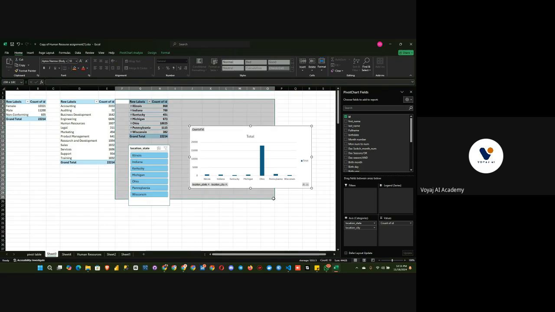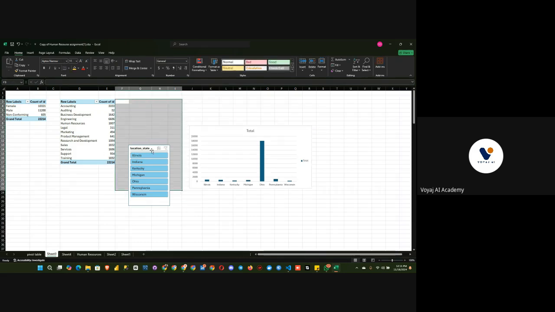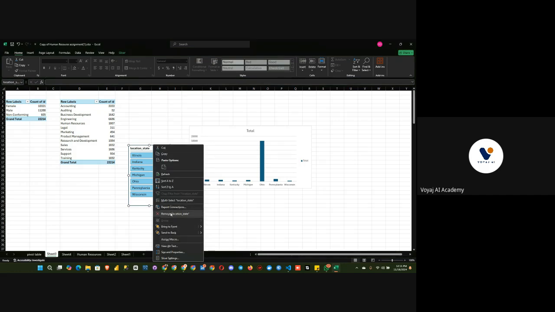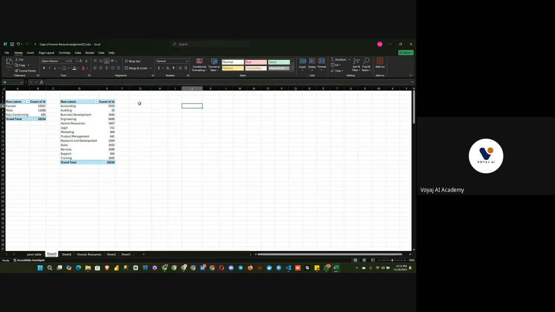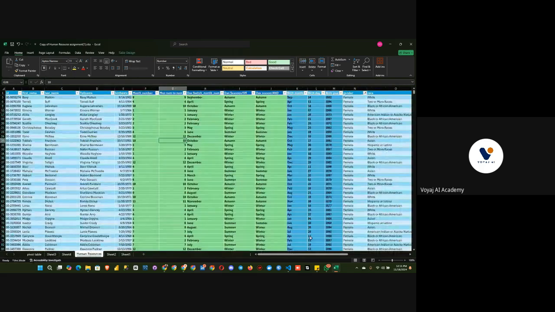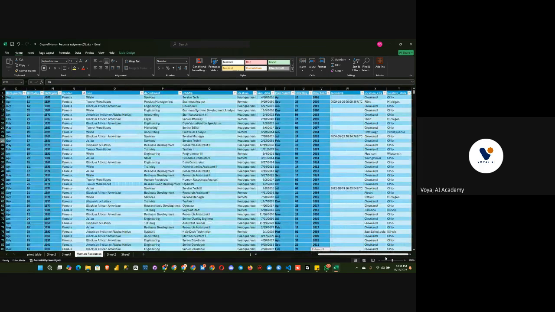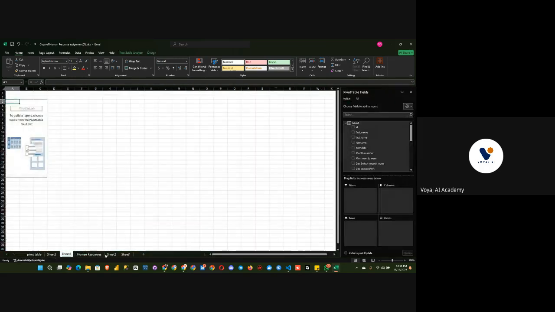Right, so I'm going to go through this again so that it follows a logical flow. I'm going to delete this. So let's assume each city is located in a particular state, right? If we look at our table here, we'll find that we have location. We have location city and location state. Now, each of these cities is located in a state, so we can have 5 cities in a particular state. So how do we now visualize it if we're having